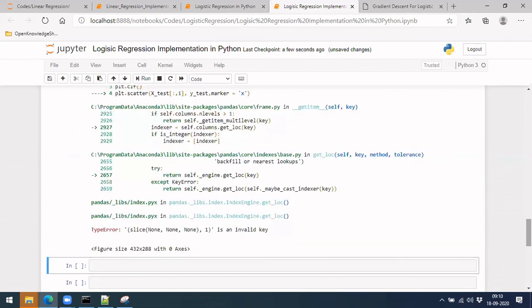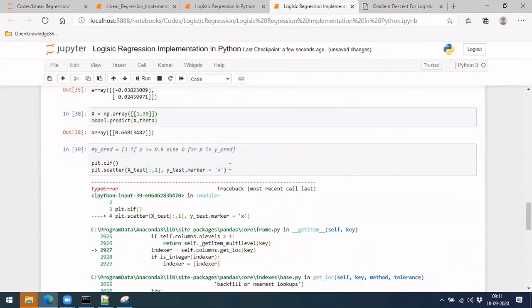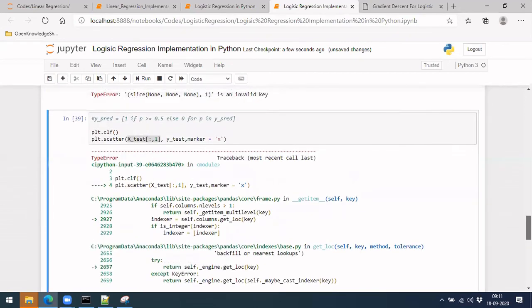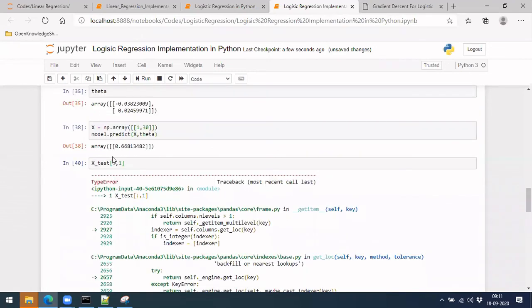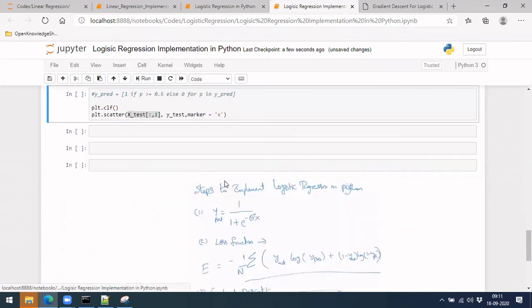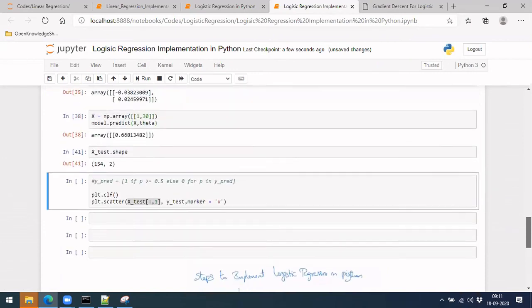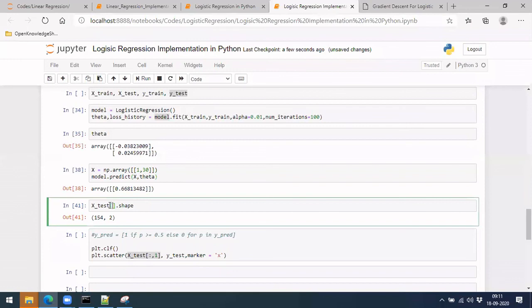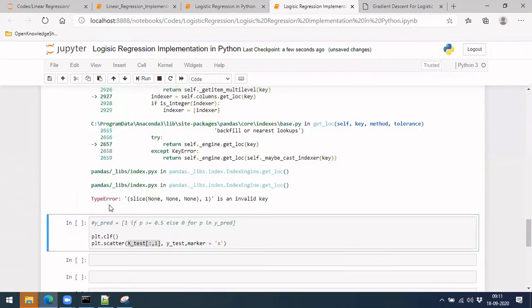Okay, so what is that saying? Slice is an invalid key. Let me see what this says. Oh, x test dot shape. This is one irritating thing. Now I want to take all the rows, but only the first column.